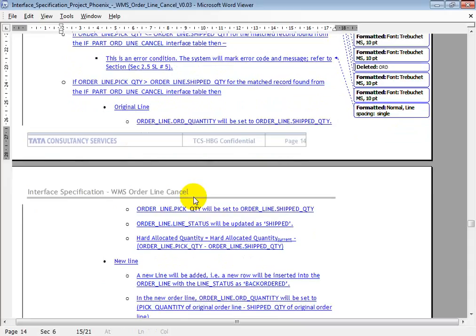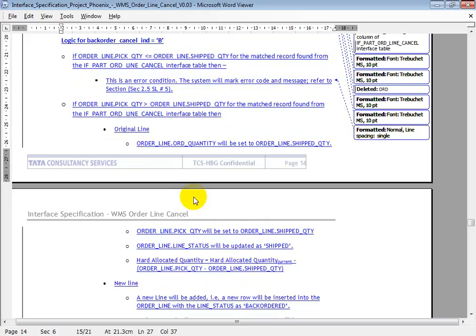If it is a partial order cancellation and you request the backorder cancellation indicator as B,